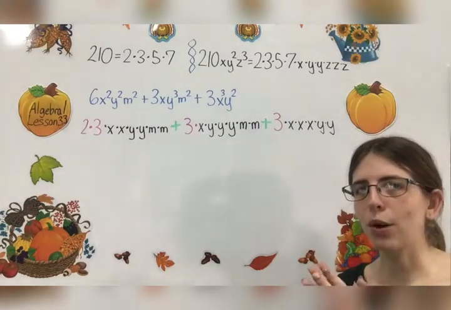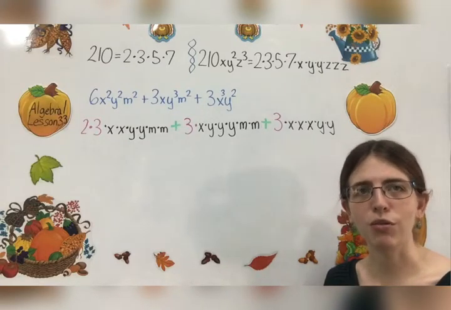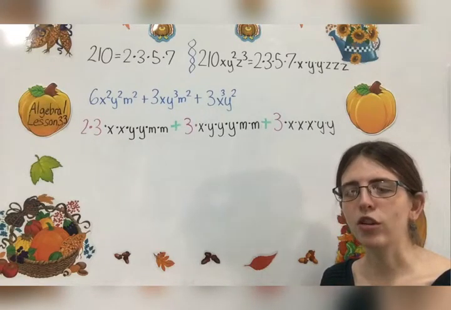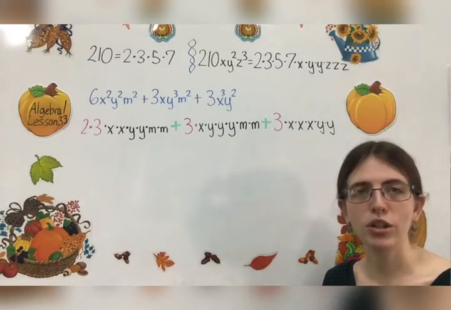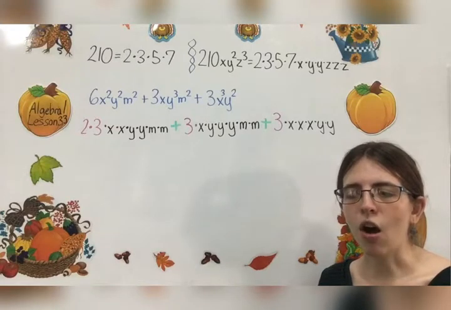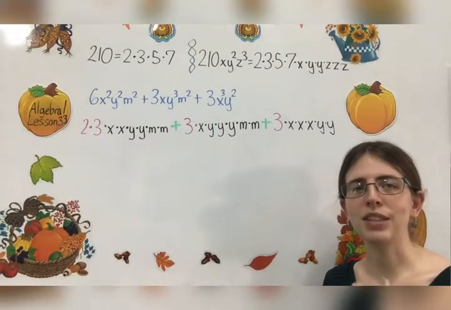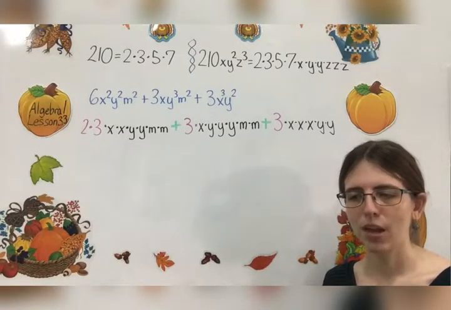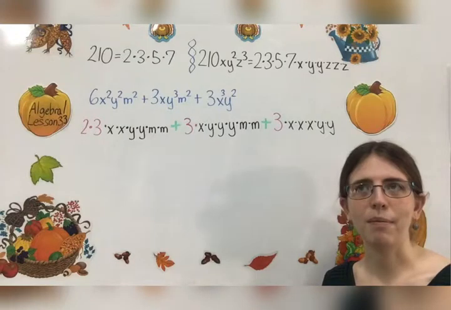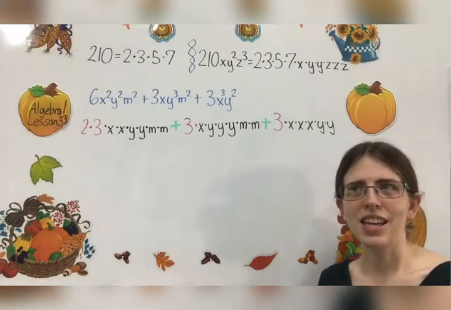Okay, remember, we've already talked about how to find the greatest common factor through primes. So remember that the greatest common factor of two or more terms is the product of all the prime factors that are in common in a term, the greatest number of times that they are used in that term, along with the highest,